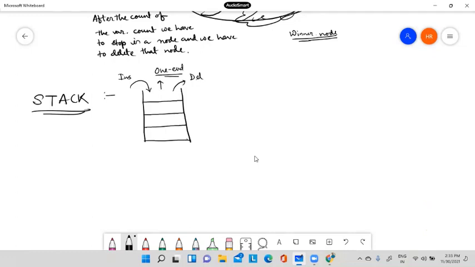That's why the stack is sometimes called last in first out, or first in last out. It means if I insert first x, then y, then z: x will come into this position, y into this position, z into this position.